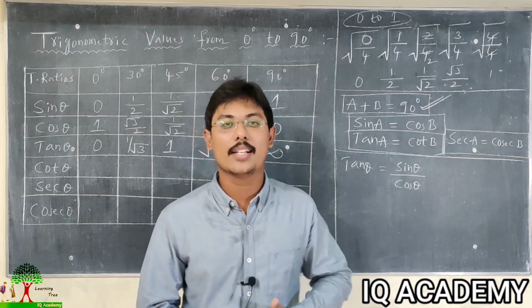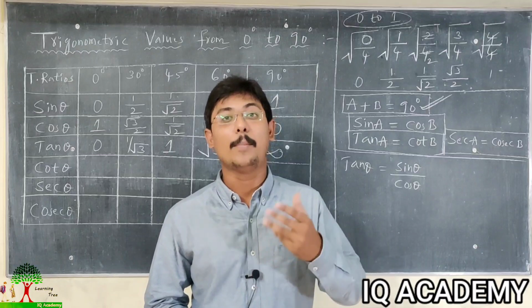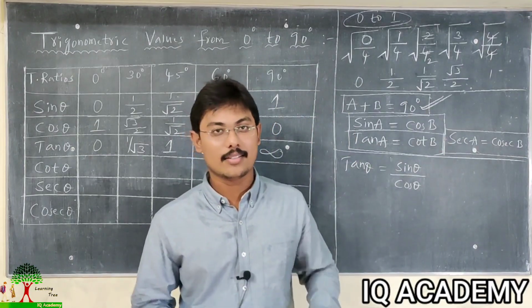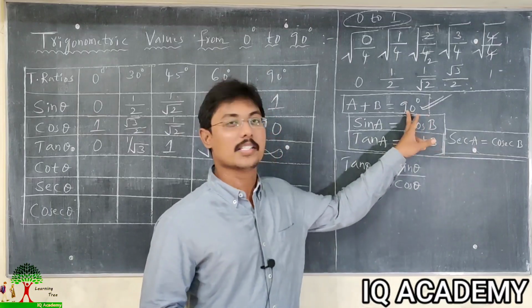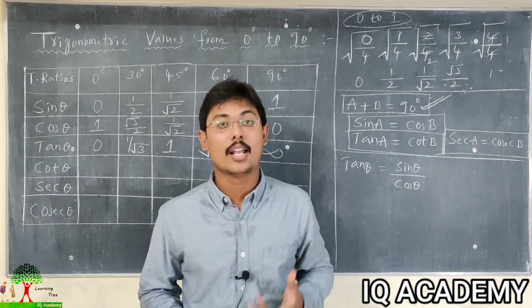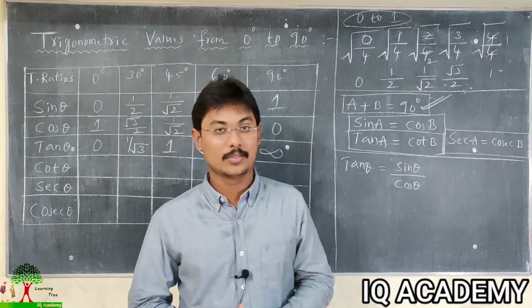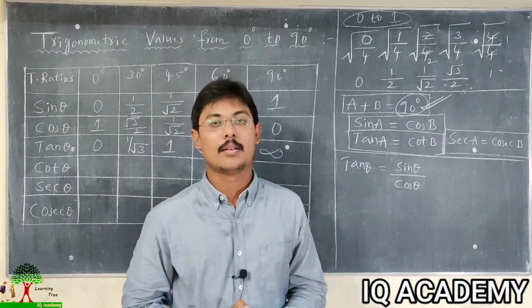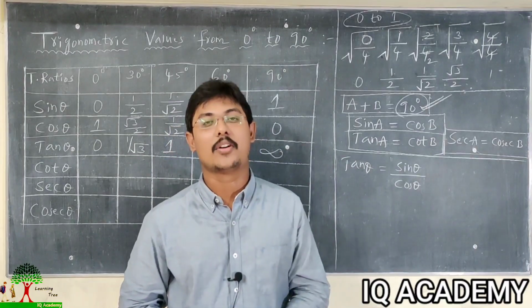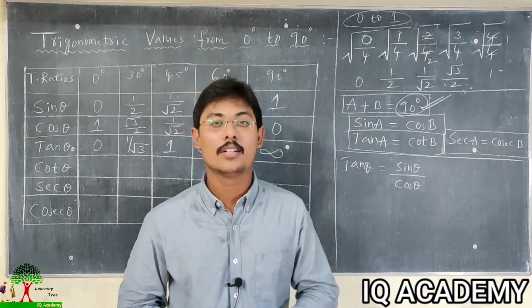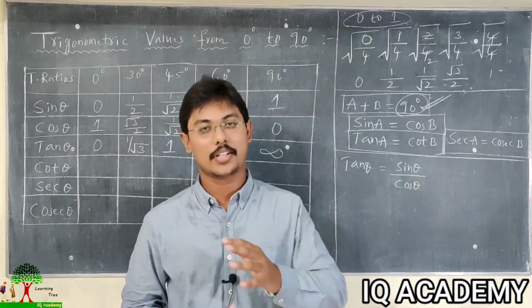If the sum of two angles equals 180 degrees, they are supplementary angles, which we study in geometry. But this is a trigonometry concept. The 90 degrees concept is very important. Why are we using 90 degrees? Hipparchus loves right angle triangles, so that's why we always use the 90 degrees concept. The father of trigonometry is Hipparchus. The study of right angle triangles is called trigonometry.